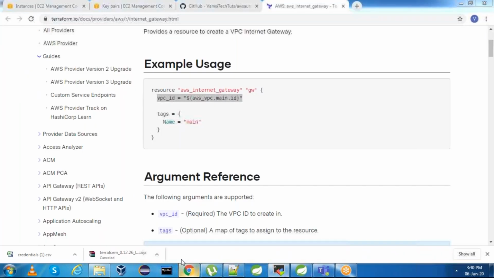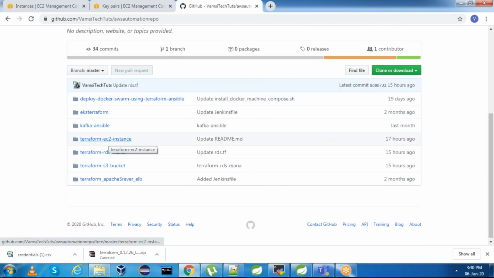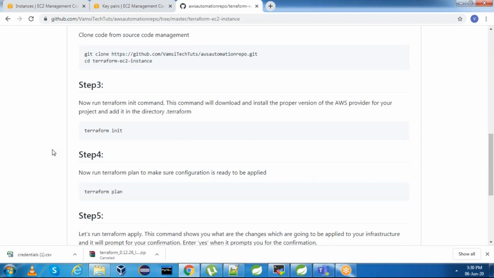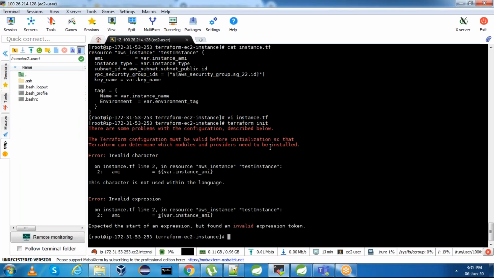Once we have everything, first what we need to do is terraform plan. Basically, we need to see what resources it is going to create. But before that, we need to initialize the AWS provider. We need to use the terraform init command. Sorry, this is not meant for this.